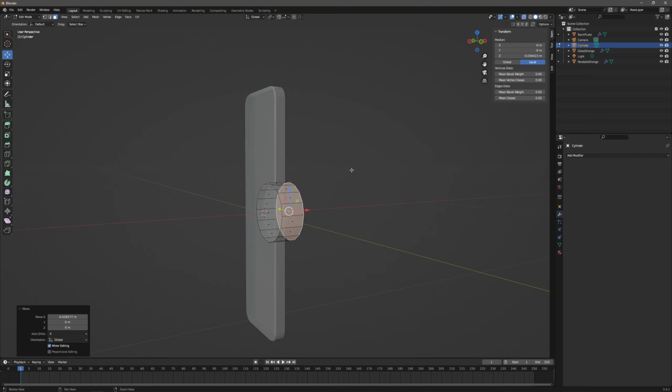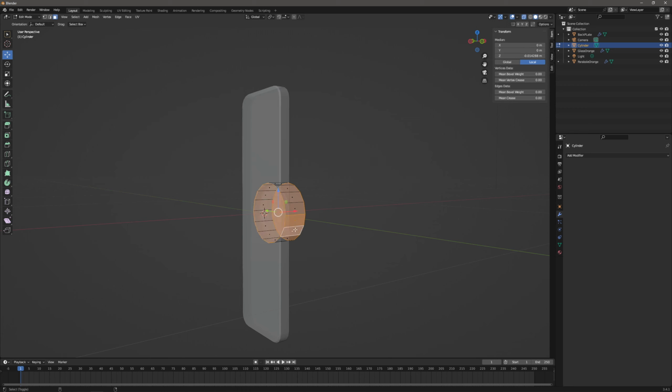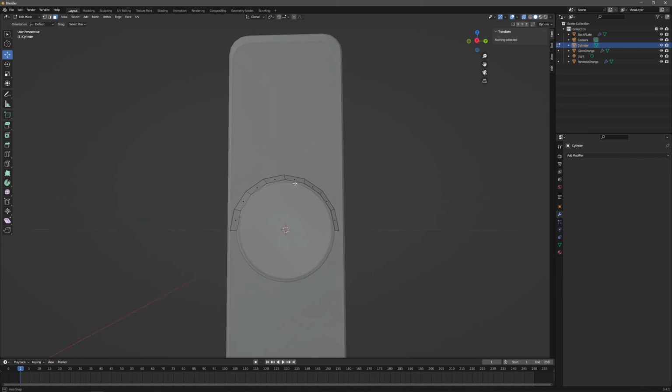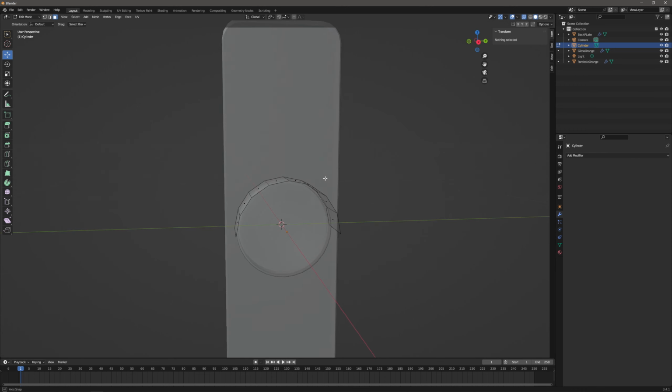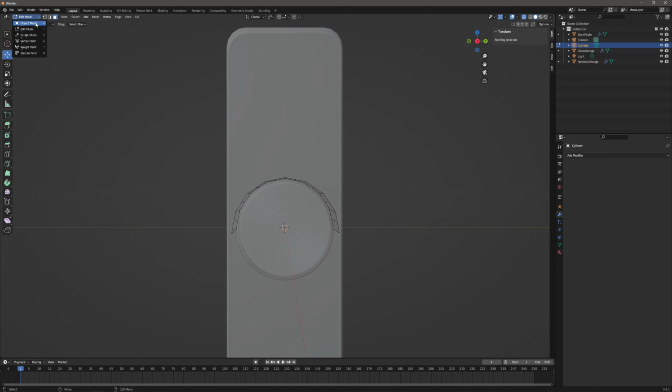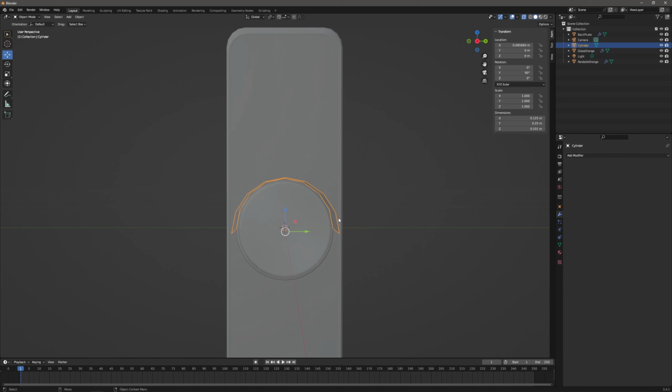Toggle on the X-ray mode, select the back face, and now also select the side faces, the bottom part of the cylinder, and delete them, so that we have only the sides or the top part. Now in the object mode, let's scale it a little bit outside on the YZ plane,